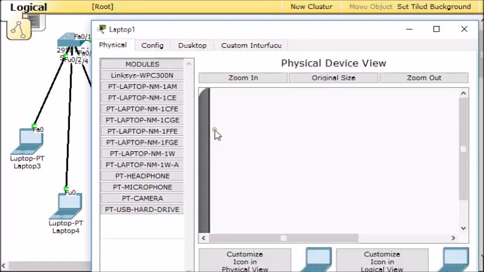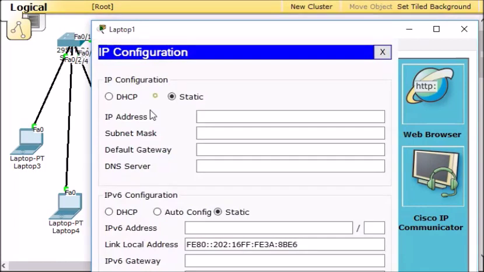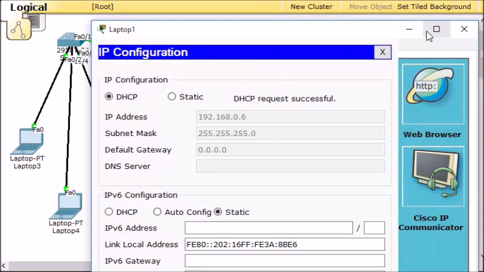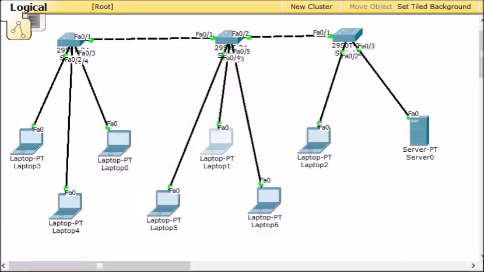We can only give 256 IP addresses, in which the first one is the network address and the last one is the broadcast address, which cannot be assigned to any device. In this way we can assign IP addresses to all the devices.